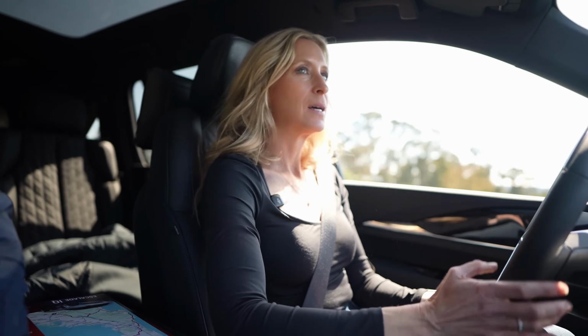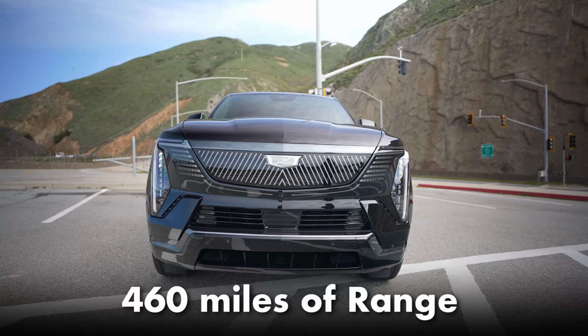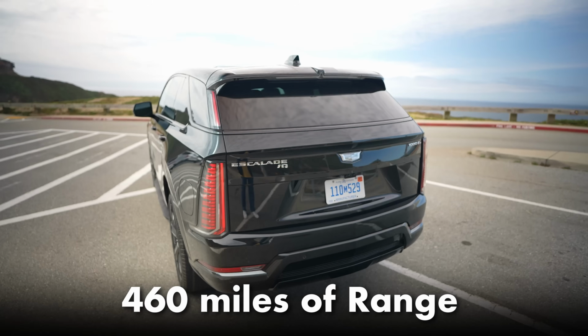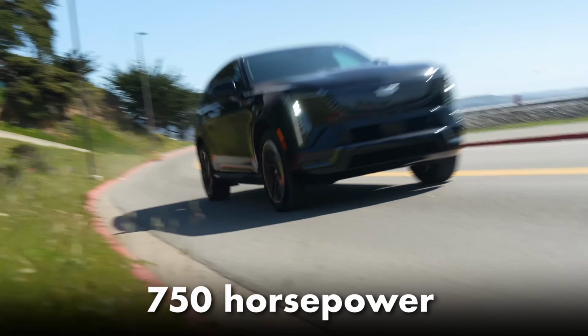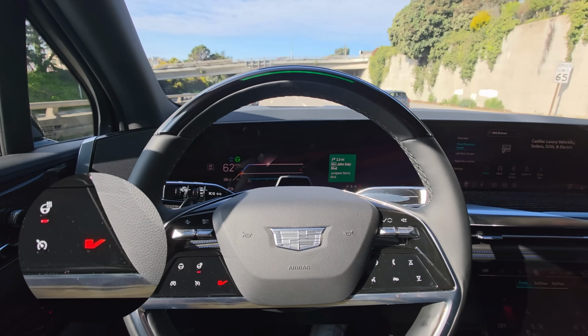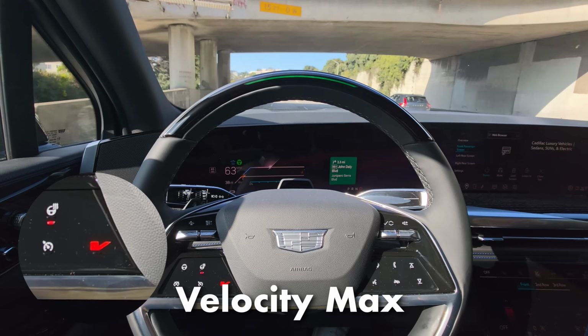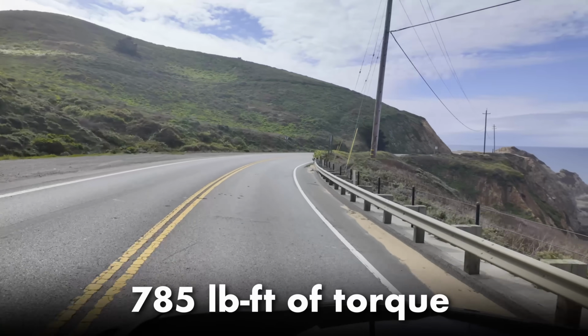So a couple specs, a couple things you need to know if you're gonna drive electric. This gets 460 miles of range on a full charge. It has 750 horsepower when you use this button right here. This red V is a Velocity Max. You also get about 786 pound-feet of torque with that, and that's gonna be a lot of low-end torque,